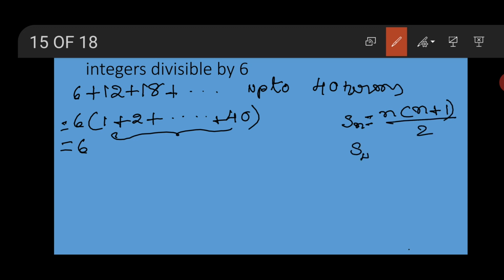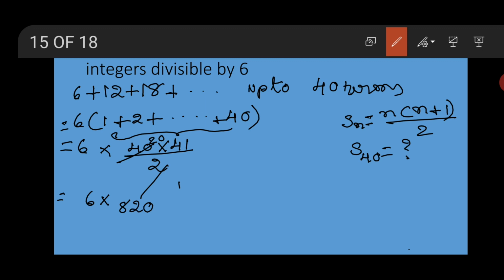So what is S40 now? The sum of the first 40 natural numbers is given by the formula n into n plus 1 by 2. n is 40, so 40 into 40 plus 1, which is 41, divided by 2. Now 2 ones are 2, 20 times. So 6 into 20 into 41 is the answer. 20 into 41 is equal to 820. So 820 into 6. What do you get? The product of 6 into 820 is equal to